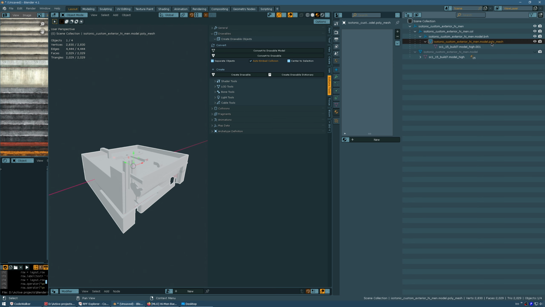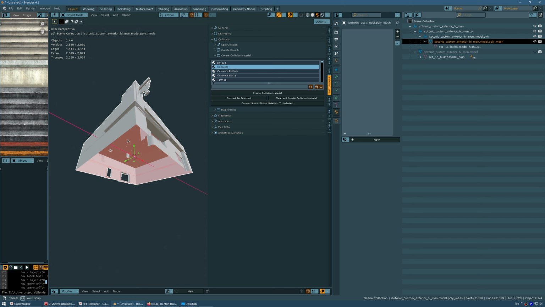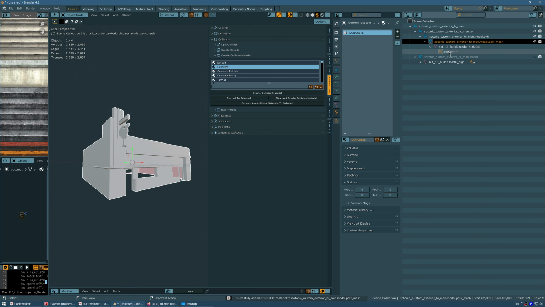So now with that poly_mesh selected, for the collisions, you go to collisions, expand, create collision material, and you can just select concrete. If you want to add multiple materials, you can do that if you want. But I'm just going to do the concrete. Create collision material, select it in the list,